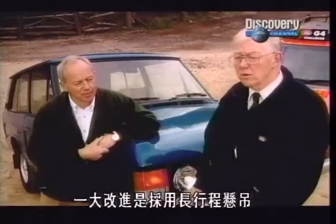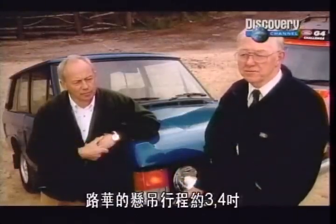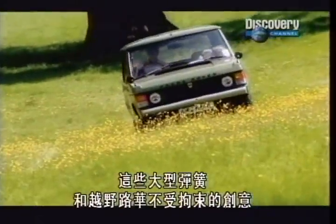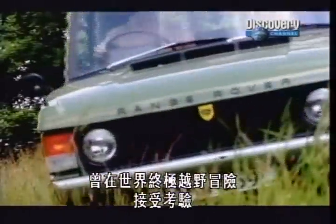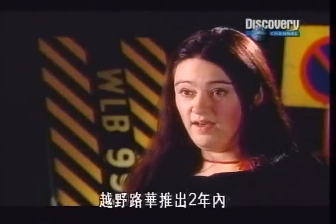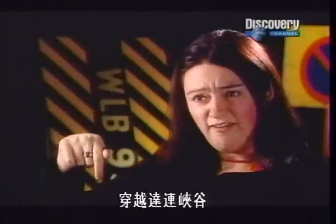The big improvement was the use of long travel suspension. Land Rovers had about 3 or 4 inches of suspension travel. Range Rover has 9 or 10 inches, and that's the secret. Big springs. You see, it's so simple when you know the answer. And it was those big springs combined with Range Rover's go-anywhere ingenuity that was put to the test in the world's ultimate off-road adventure. Within 2 years of launching it, it had driven down Central America, across the Darien Gap,